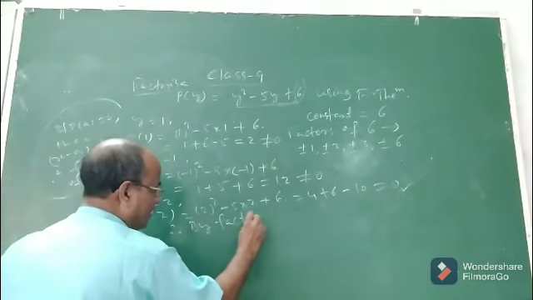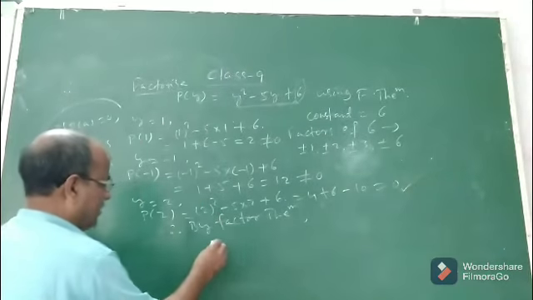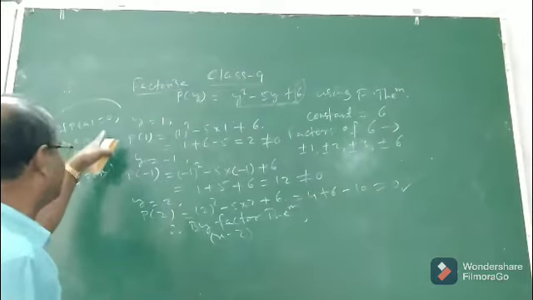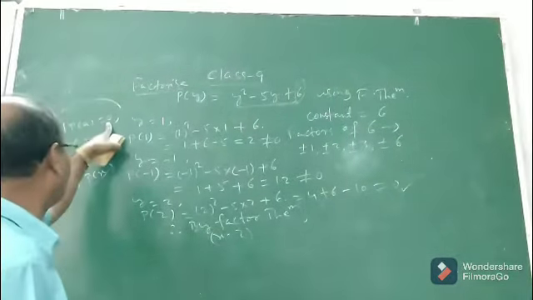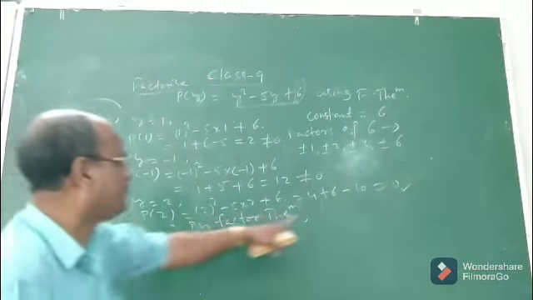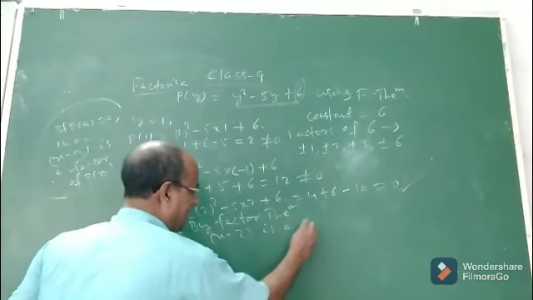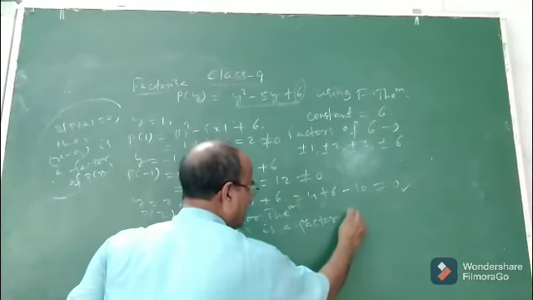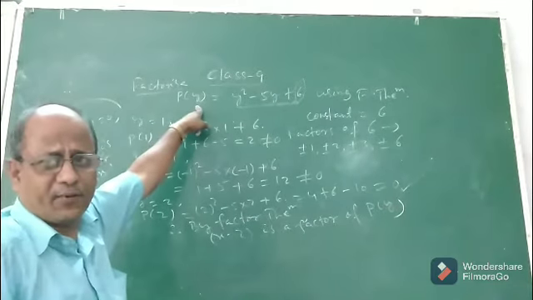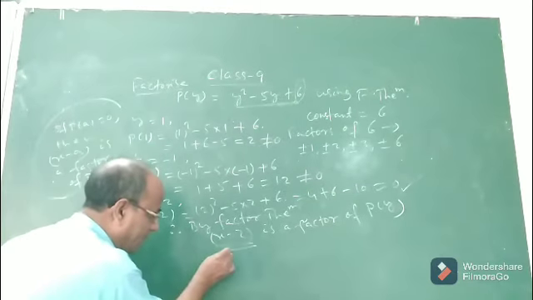Therefore by the factor theorem, since p of 2 is 0, x minus 2, because the factor theorem says that if p of a is 0, p of a means it is the remainder. If p of a is 0, then x minus a is a factor of the given polynomial. So here we got p of 2 is 0. So since p of 2 is 0, therefore x minus 2 is a factor. It is a factor of p of y. P of y means the given polynomial. Okay, so we got one factor.